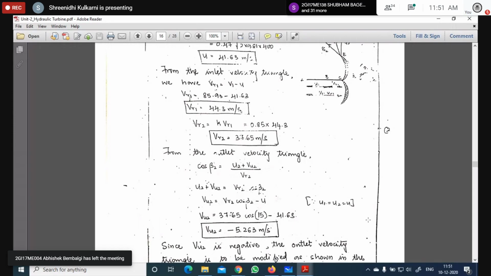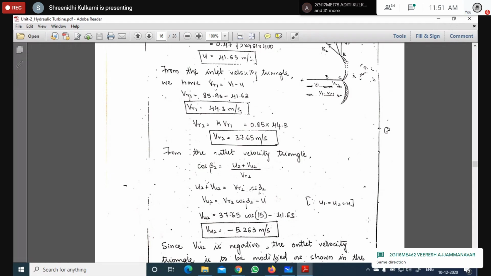See, here you got a negative value. What does it mean? Recall how to draw the velocity triangle. If you got VU2 as a negative value, what is it indicating? What can we do? VU2 will lie on the right side of VF2. So if you got the negative value, we have to modify the velocity triangle, which means the direction is